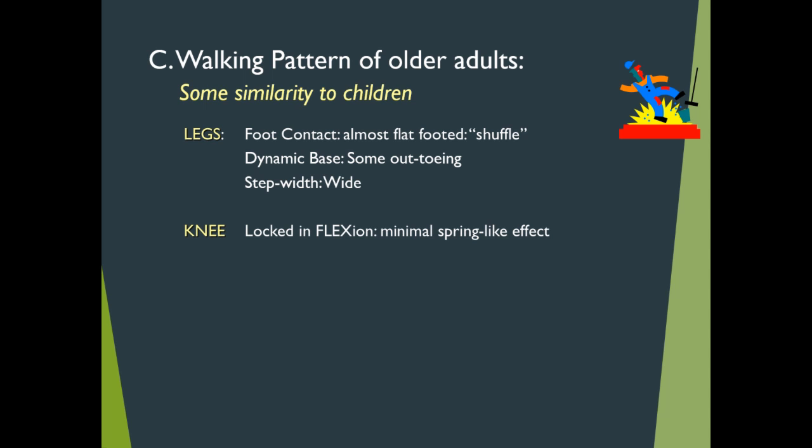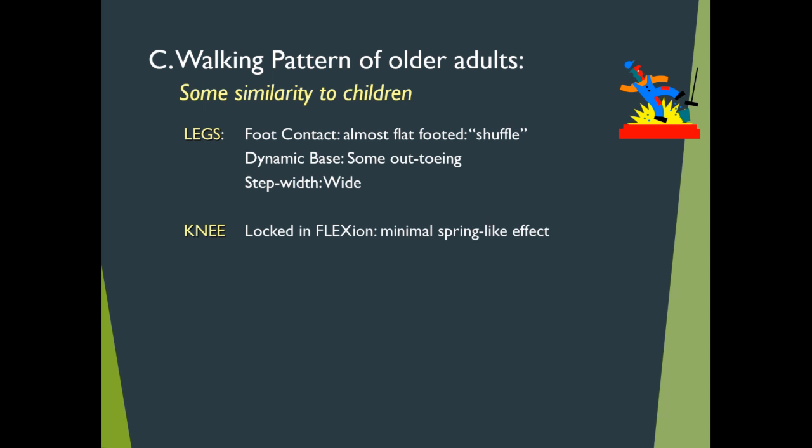So with this configuration of the knee, there is minimal spring-like effect. That push-off is abbreviated, unlike the normal push-off in the gait cycle of the adult, where they literally push against the ground and the ground pushes against them, taking advantage of that